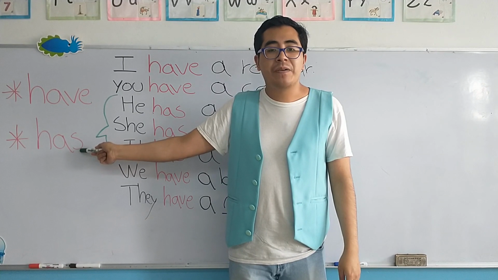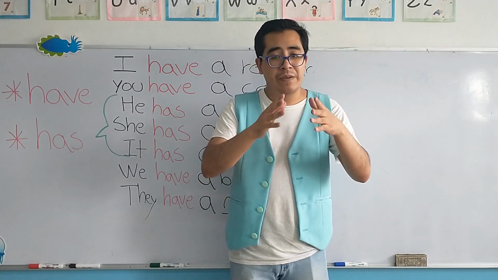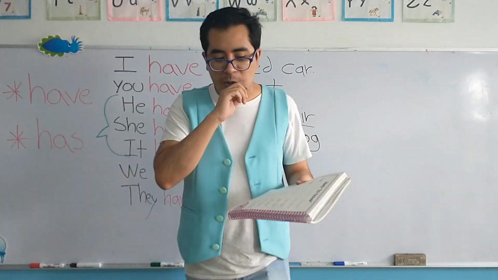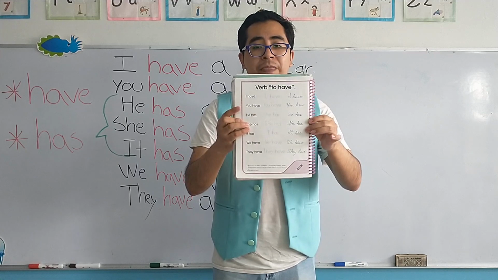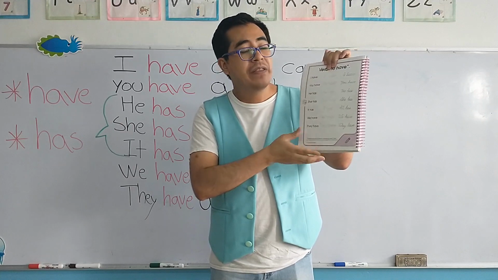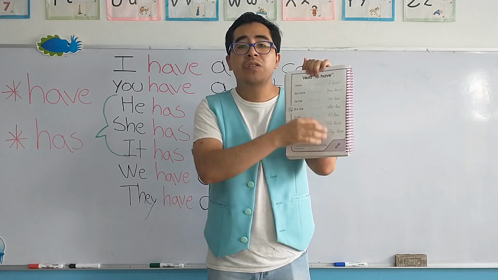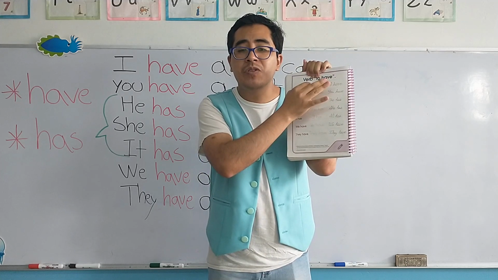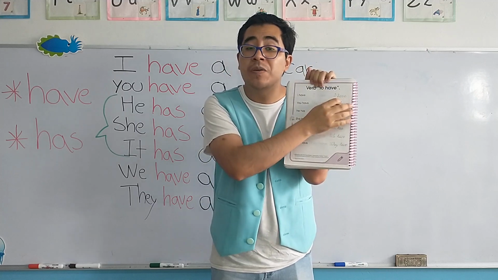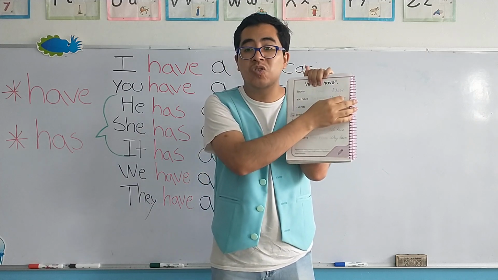Okay? Very good. So, before we finish with the class, I'm going to explain you today's activity. Now, today's activity is located right here in this page. Remember, it's part of your textbook. Now, as you can see here, we have the verb have. Tenemos el verbo have. Now, what you have to do is to trace normal letters. Tenemos que remarcar las letras normal letters and then cursive letters. Tenemos que remarcar las letras que sean normales y las que son en cursiva.